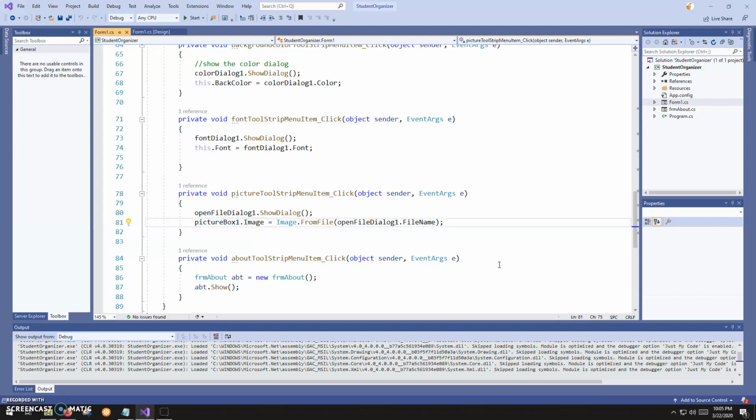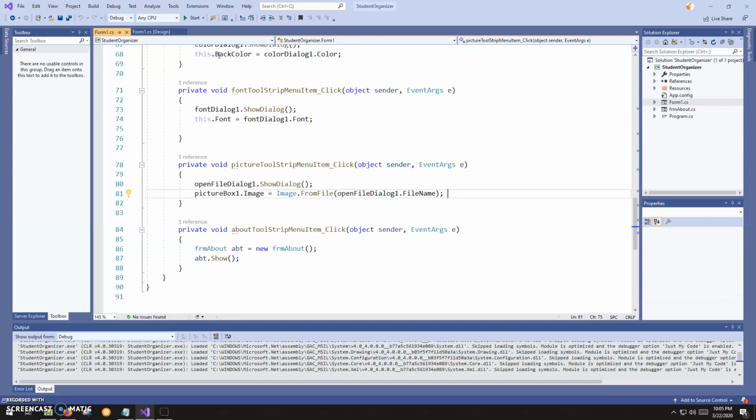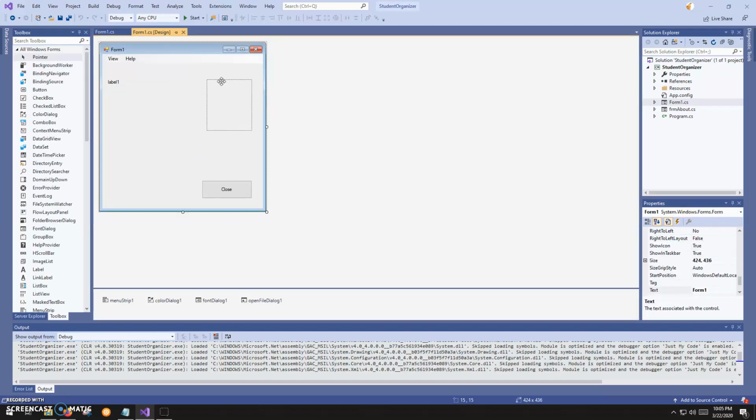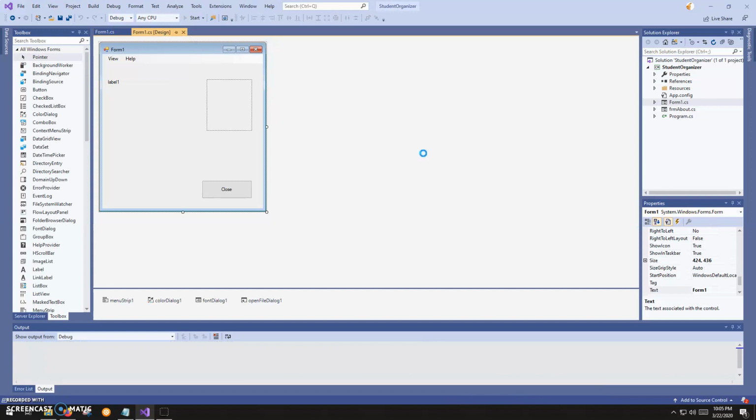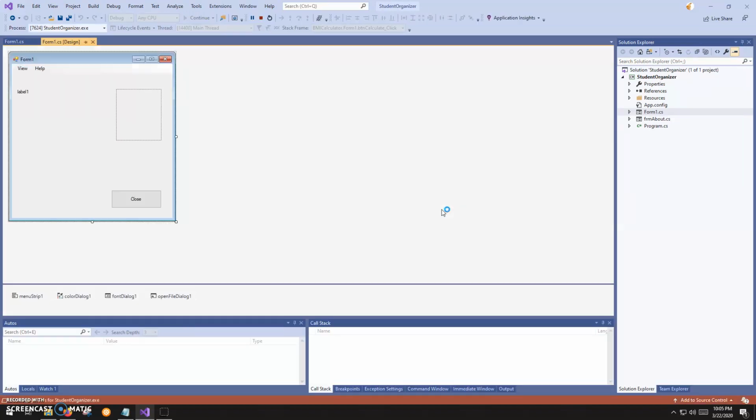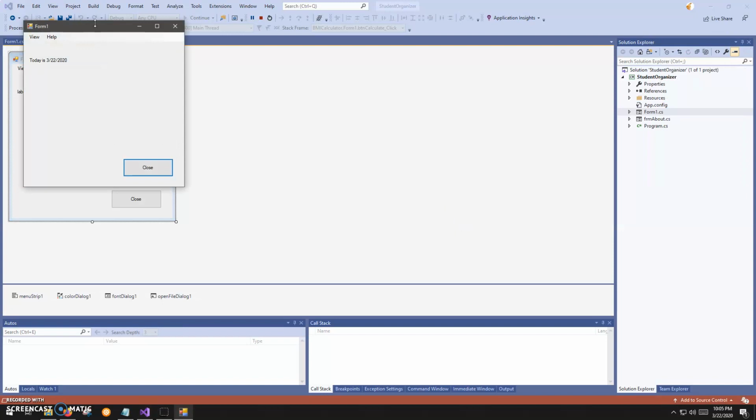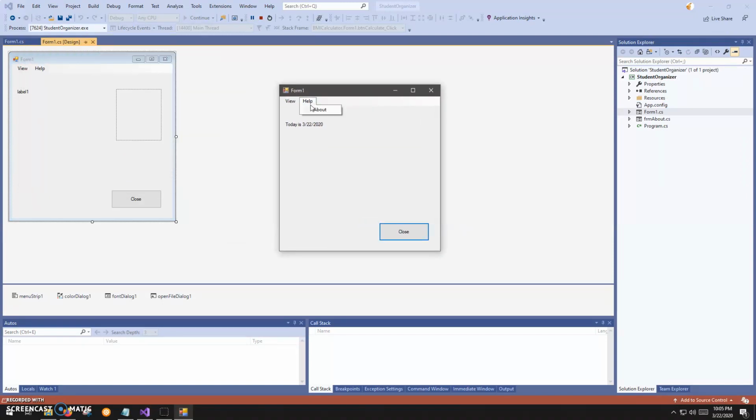Okay, so a lot of functionality, not a lot of code. While I'm in here, I have a couple of techniques I want to cover very quickly. We'll do this again, a multi-form. This is a multi-form application because I do have an about choice here. If I go to help and then about,